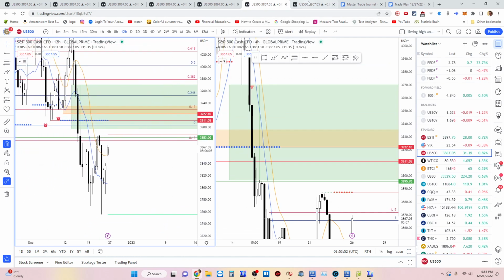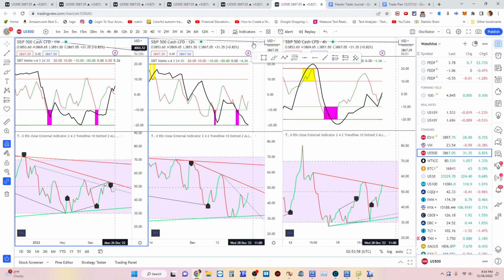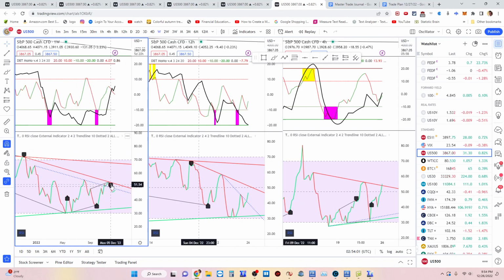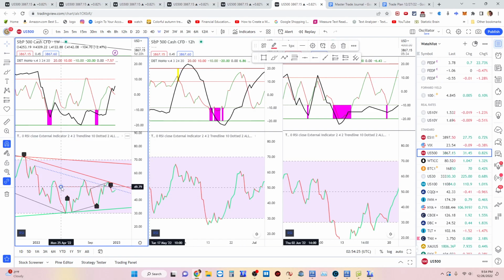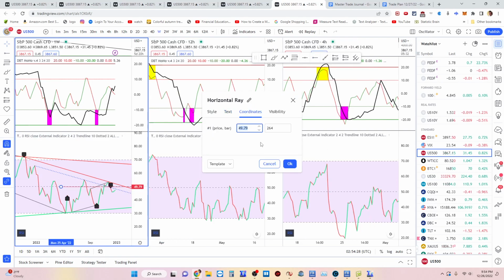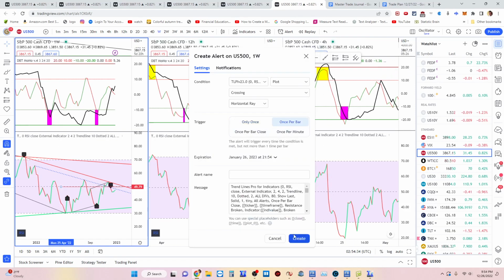we have a setup. If we look at some external kind of unique things like the oscillators, the biggest thing is the weekly divergence, bearish divergence, and 50 is the line in the sand. If we hold at 50 and we do not go higher, it's more likely it's going to reverse to the downside. One thing that would be cool is to set an alert for the 50 mark here on the RSI, on the weekly, if we're getting close to crossing it. I mean, 49.79 works for me,